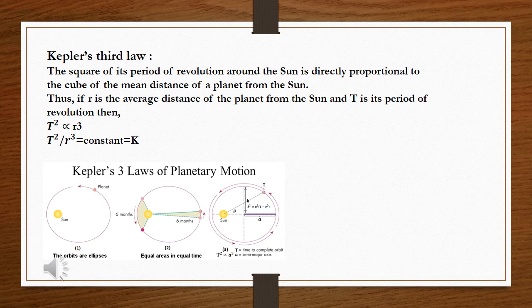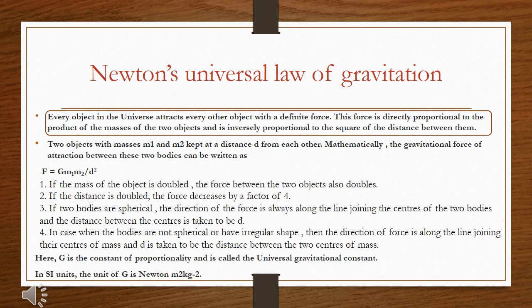This was Kepler's third law, but he had no explanation as to why planets obey this law. We will see later how Newton used this in the formulation of his theory of gravitation. Let's know how Newton used Kepler's laws in his law of gravitation. Suppose two objects A and B are placed at a distance d and have masses m1 and m2 respectively. Then every object in the universe attracts every other object